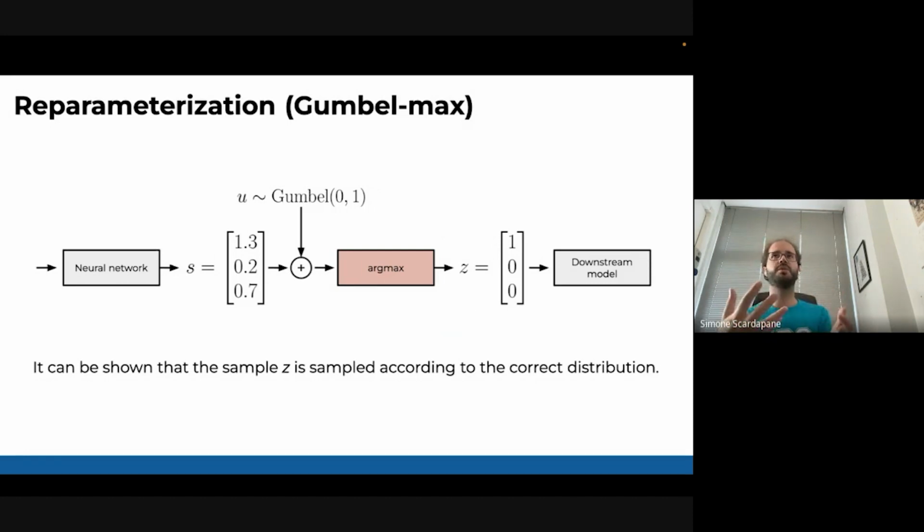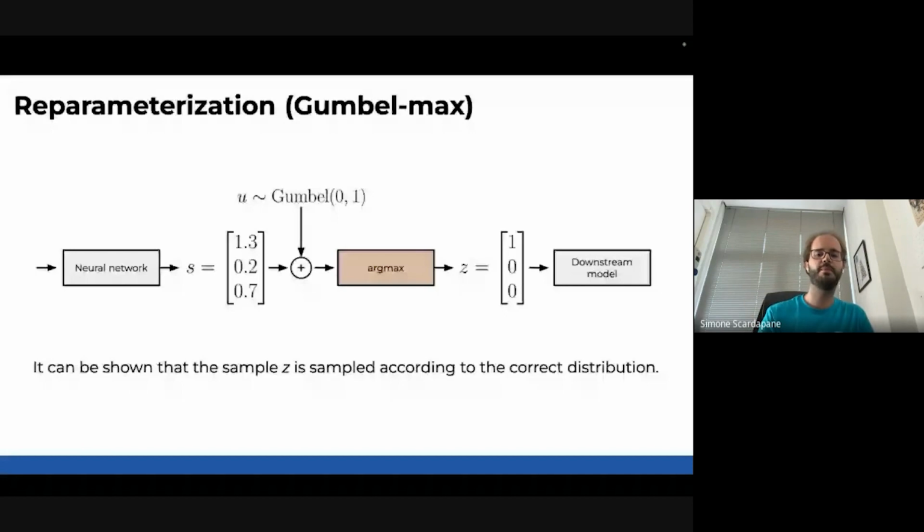Gumbel-Max. Maybe some of you are familiar with variational autoencoders. They have a very similar trick in their middle block, called the reparameterization trick, which allows you to turn sampling from a Gaussian of any mean and variance into sampling from a Gaussian with a fixed mean and variance. Here you're doing something similar.